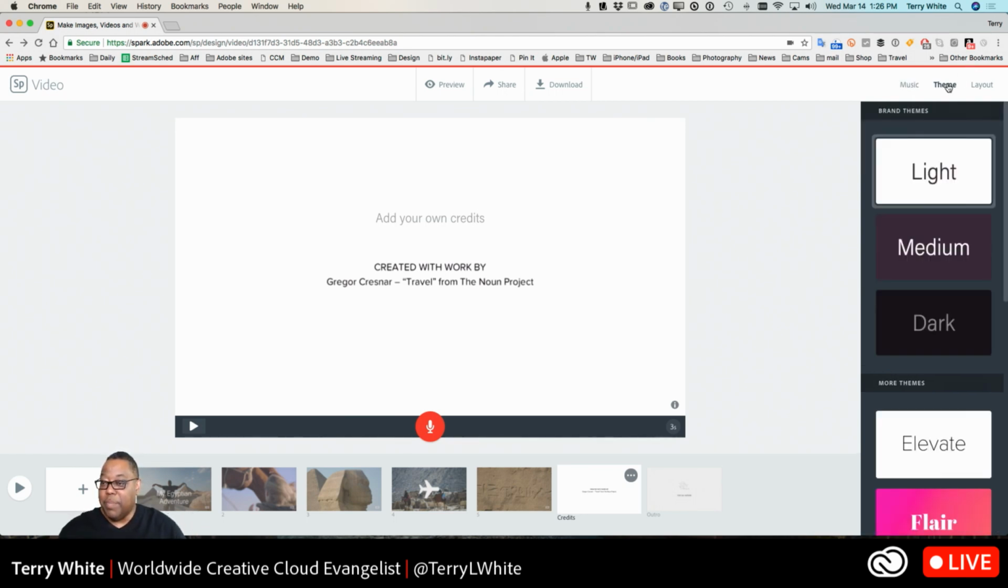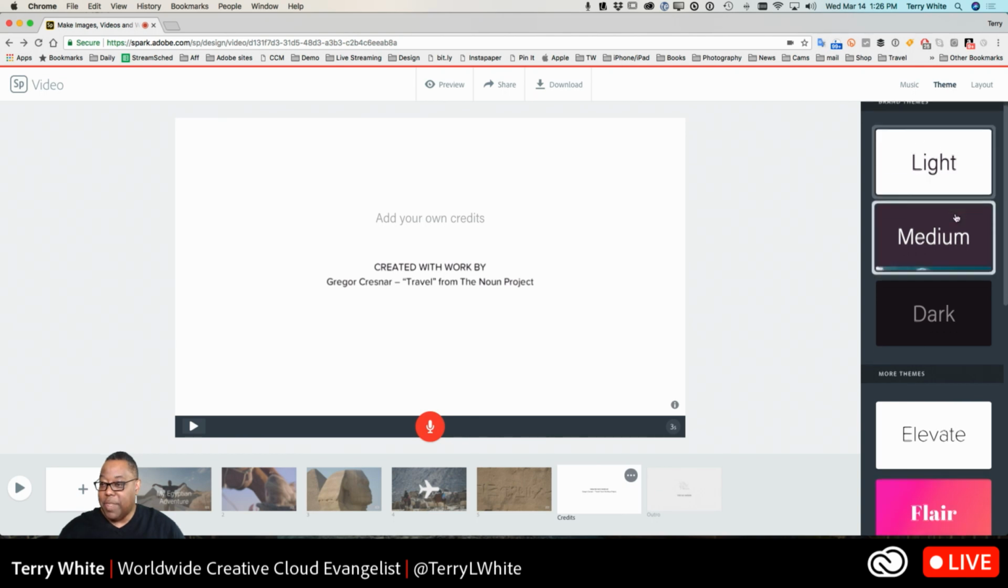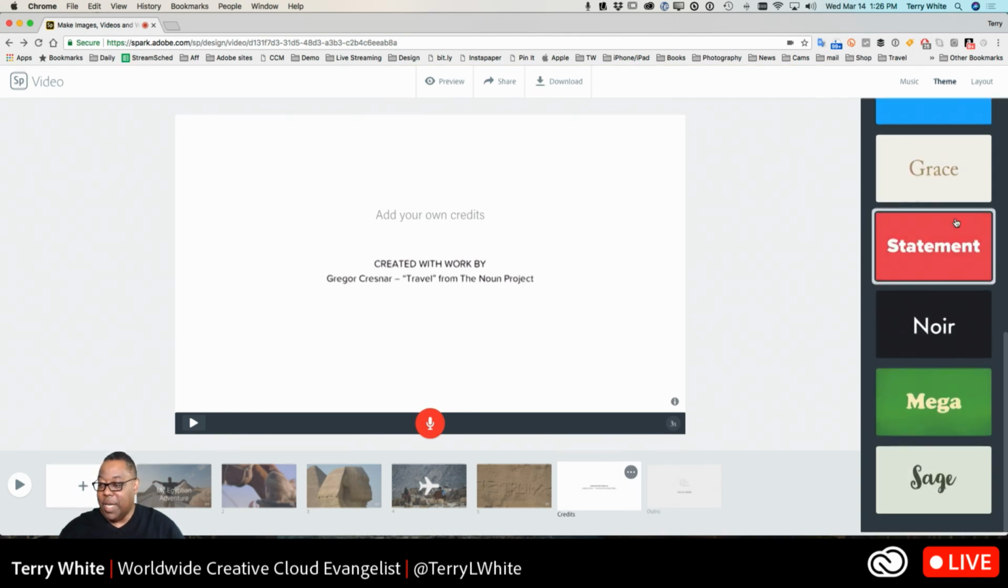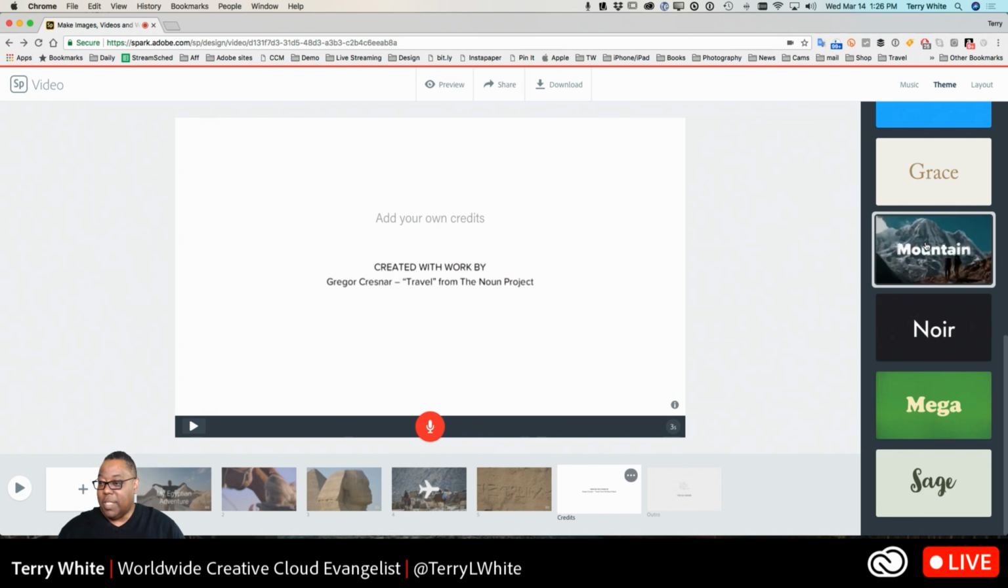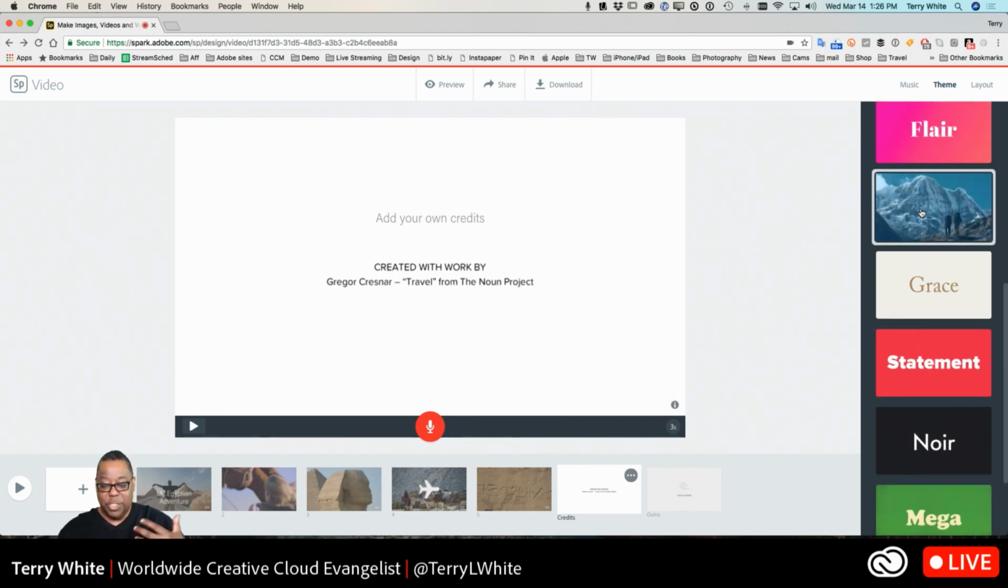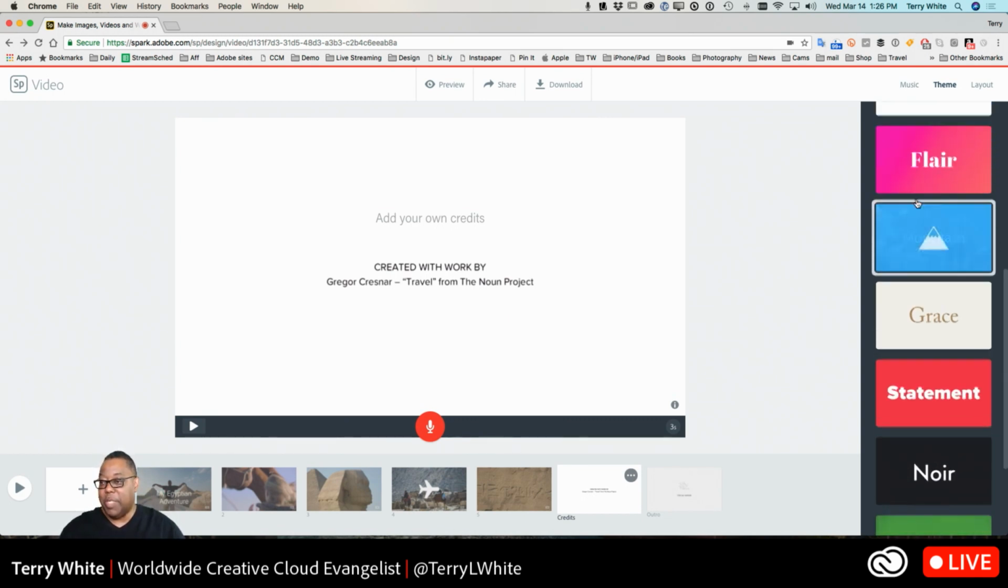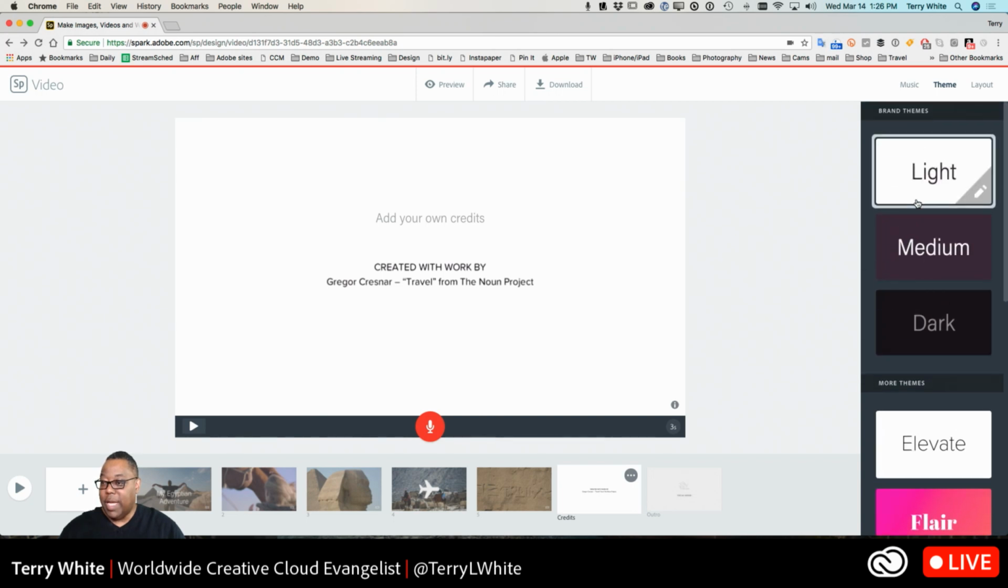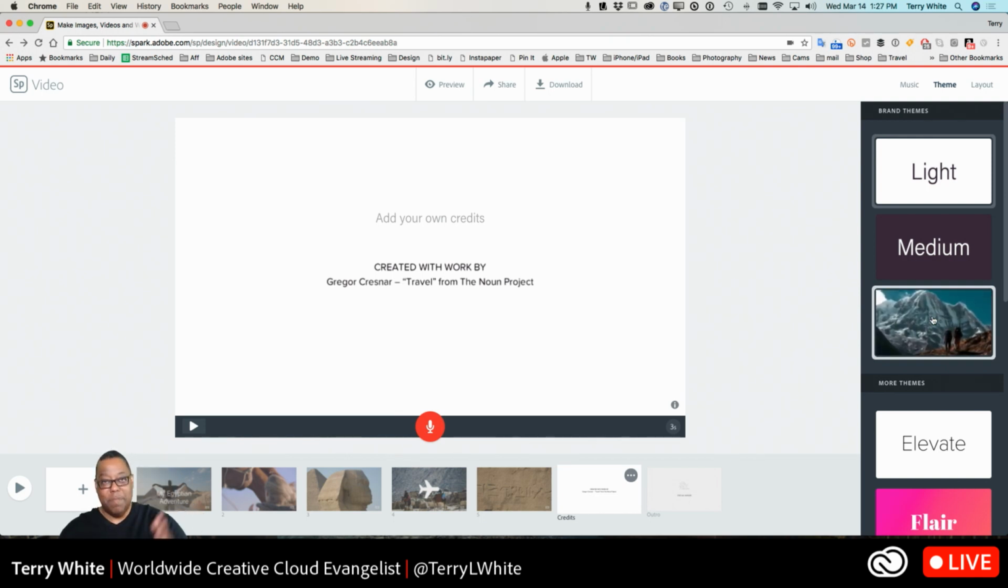You also have the ability to go back and choose a different theme if you want. Choose different color choices for things that might show up in the background, especially on split screen. And you'll notice that the branded themes are for paid Creative Cloud members. So if you have a photography plan or full plan or single app plan, then you can add your own